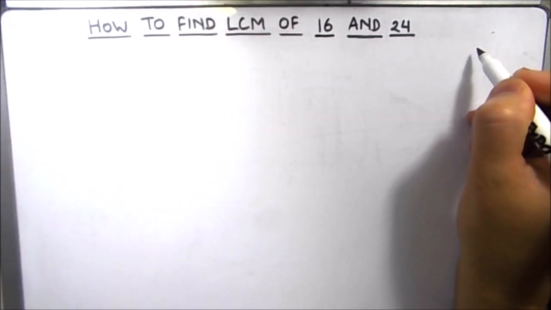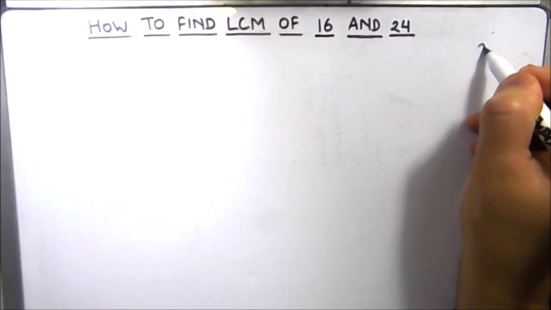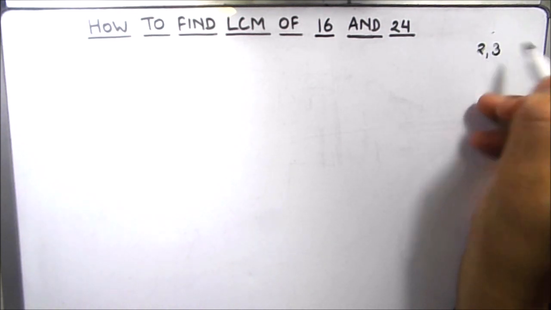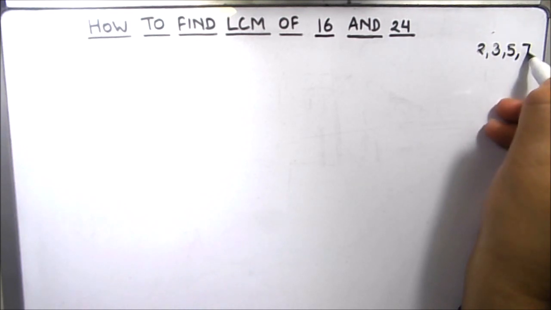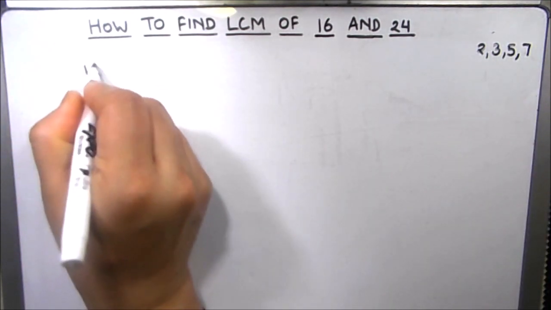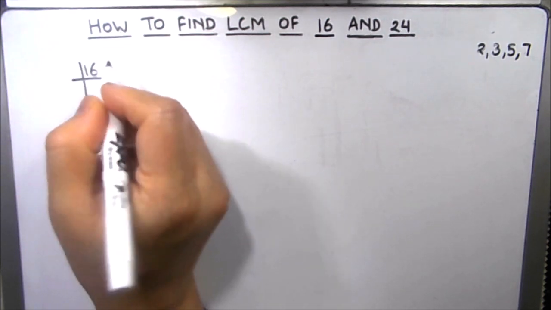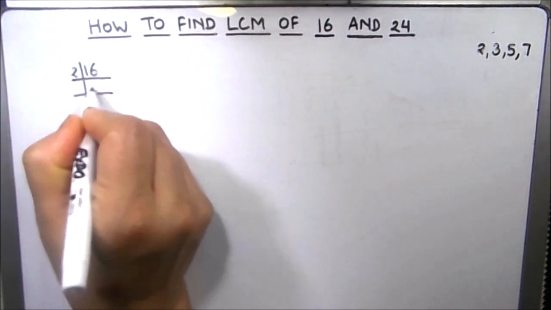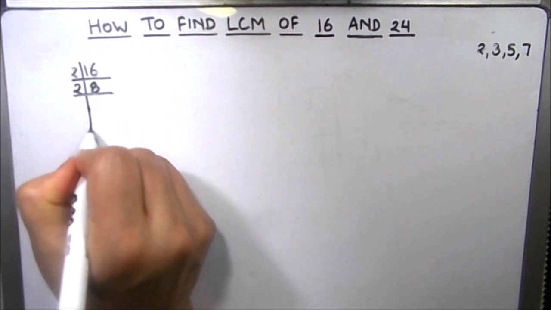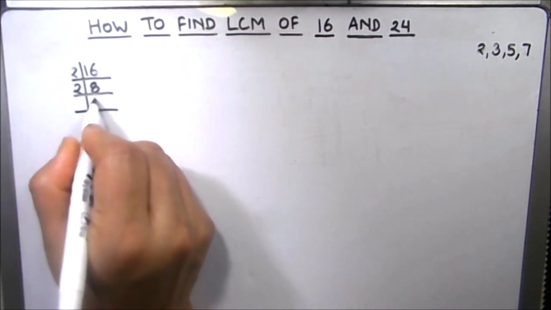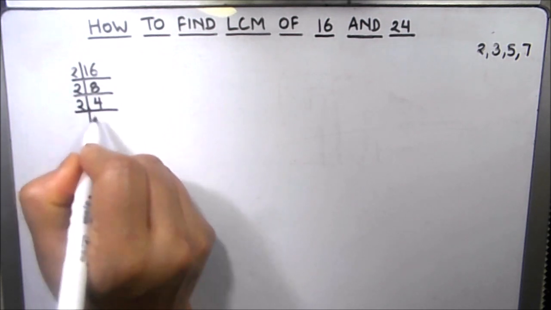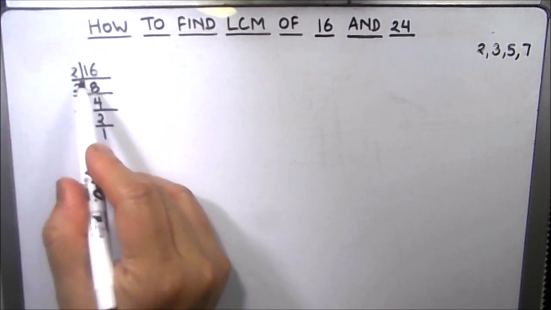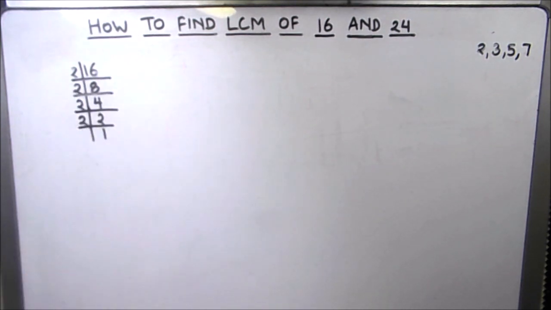So I'm going to write prime numbers on the right hand side so that it is easy in our division. The first four prime numbers are 2, 3, 5 and 7. Let us first divide the two numbers separately and find the prime factors. As 16 is an even number, it is fully divisible by 2. So 2 times 8 is 16. Again 8 is fully divisible by 2, so 2 times 4 is 8, 2 times 2 is 4, and 2 times 1 is 2. So the factors of 16 are these numbers on the left hand side of the ladder.